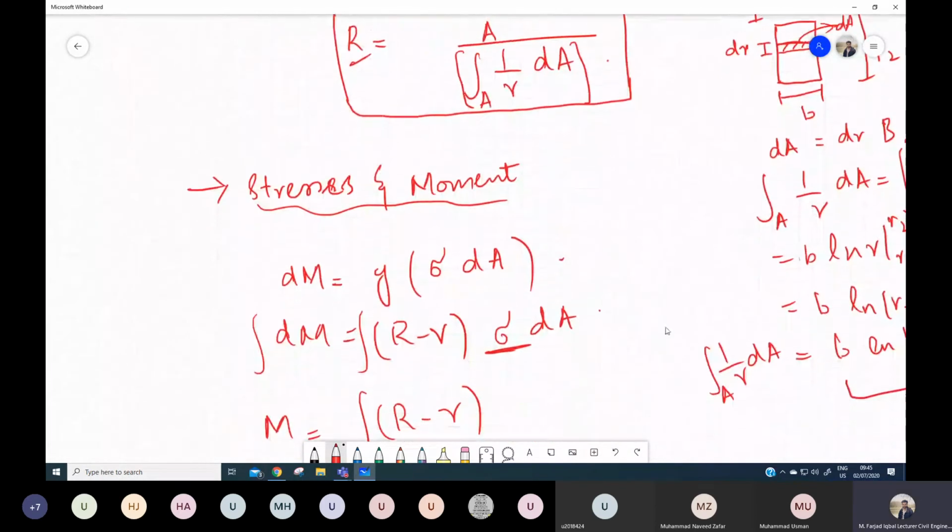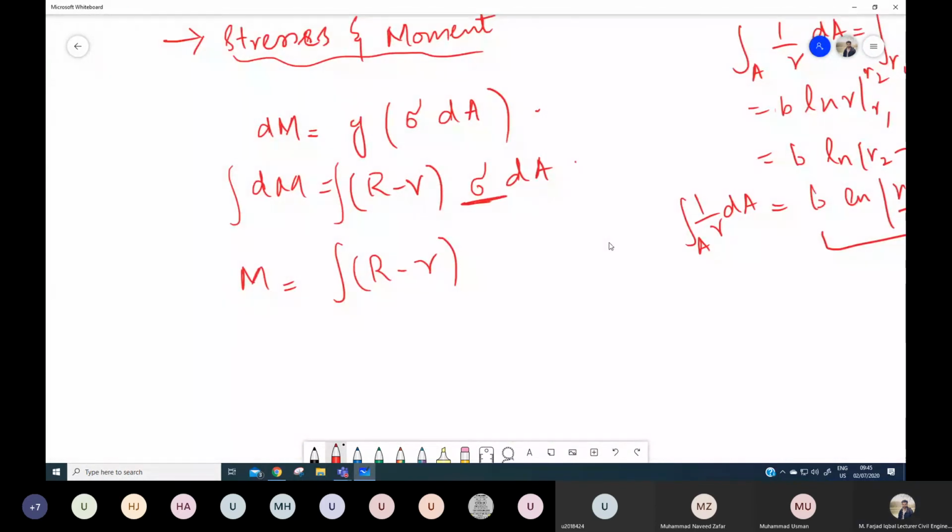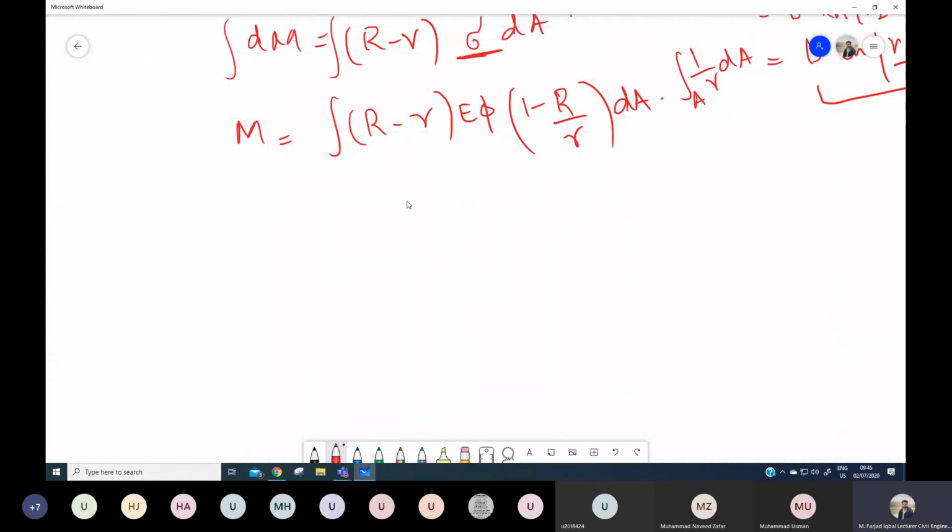If I substitute into this one, I will get E phi into 1 minus capital R over r into dA. So if I further simplify this equation,